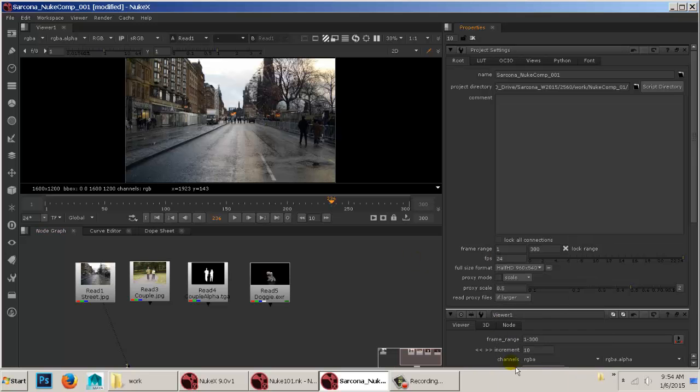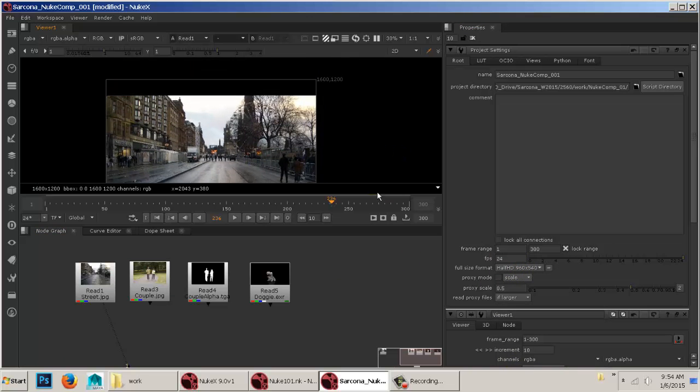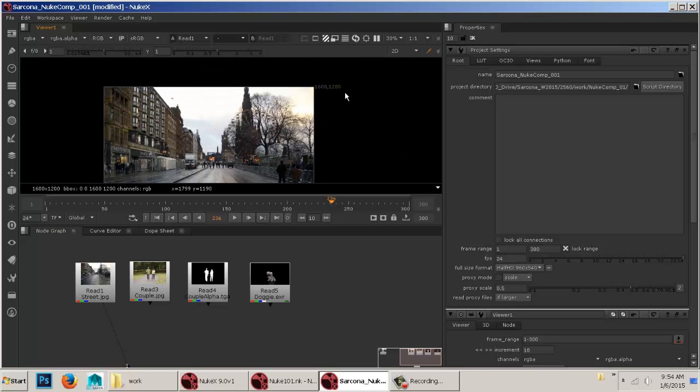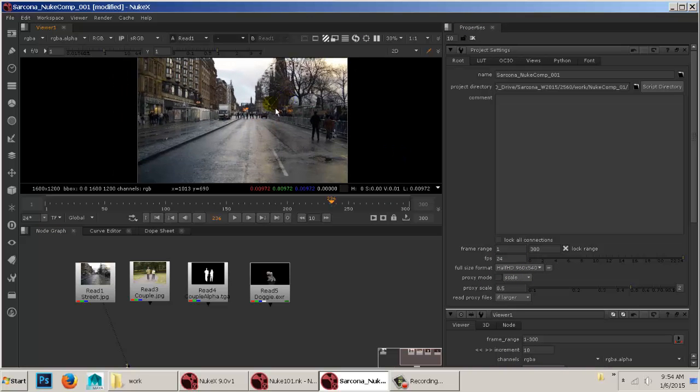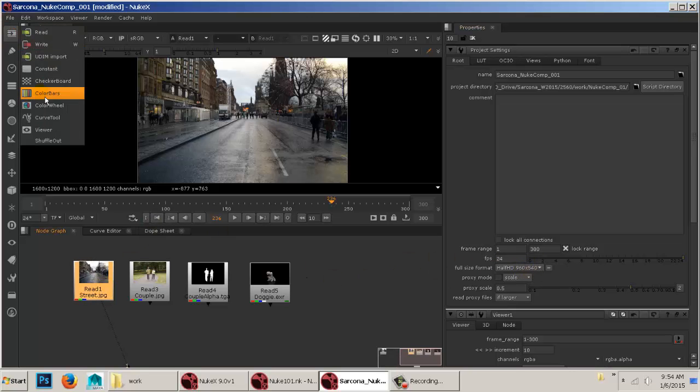And this is the final comp setting that I'm working at, the final comp size. So right now this document, if I zoom out a touch, is 1600 by 1200. Well, I want this formatted to 960 by 540, so I'm telling it that my full size format is going to be this. So then as I start reformatting stuff in here, it automatically knows that's my size. And then as I start creating stuff,